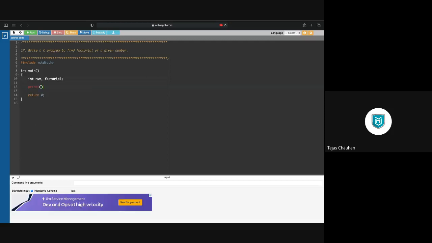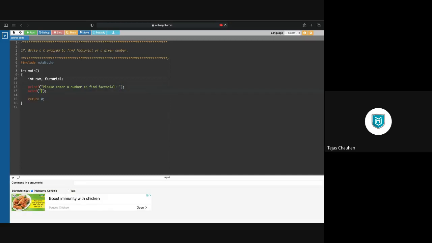Now what we can do is we simply print a message: please enter a number to find factorial, right? And then we scan that number, so that the user will enter that number. So %d, we are working with integers only, so %d and then ampersand num. So we have taken a number.